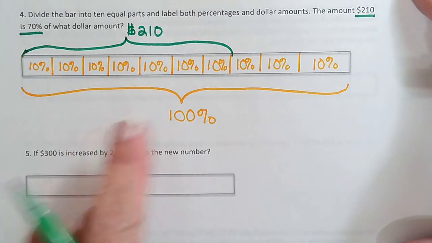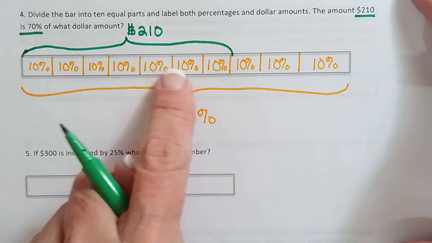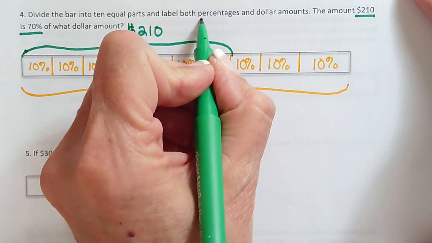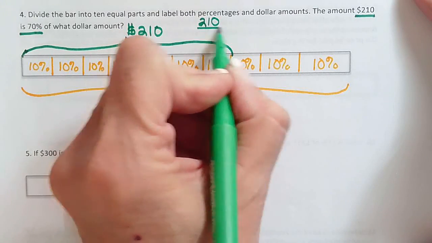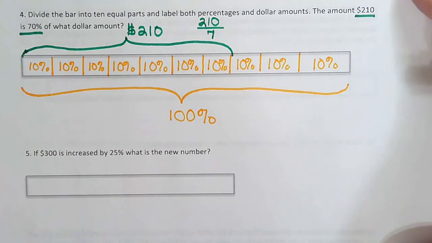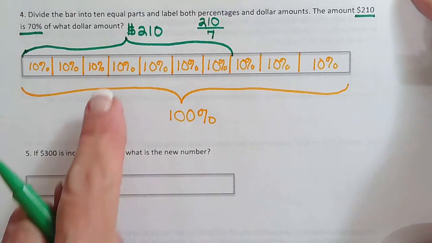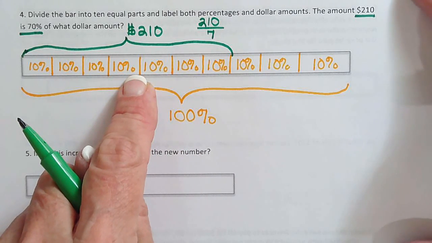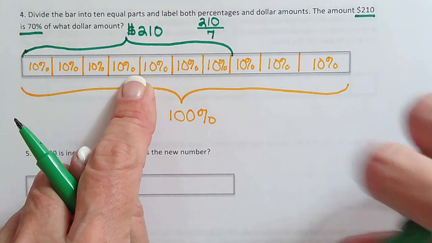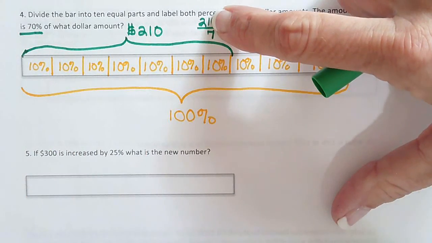So this time, because it's only 7 boxes, I don't divide by 10, I divide by 7 boxes because 210 is 70%. So 210 divided by 7 is